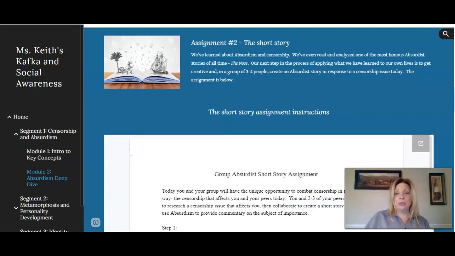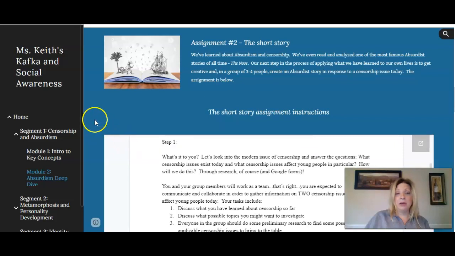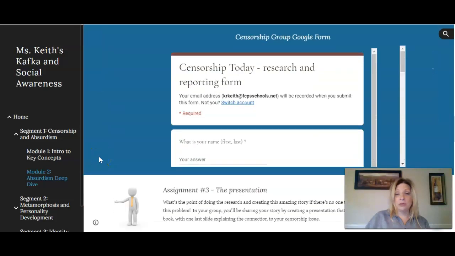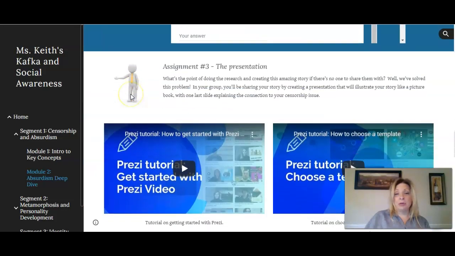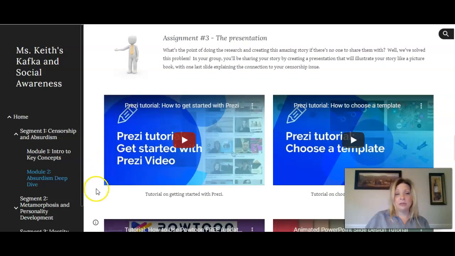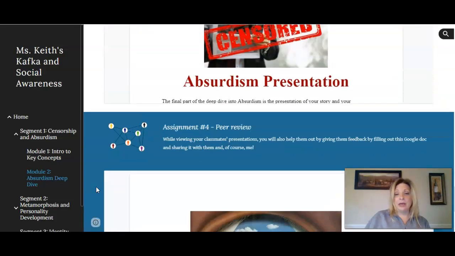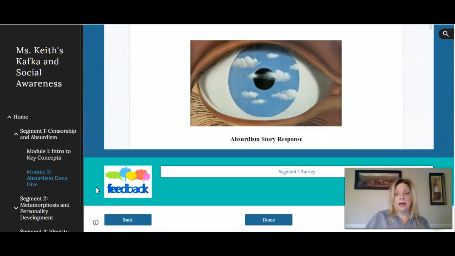Then they do a short story group assignment where they create their own absurd story, present it using Prezi or Powtoon, and then submit that. I do have feedback surveys for each segment that students would fill out.